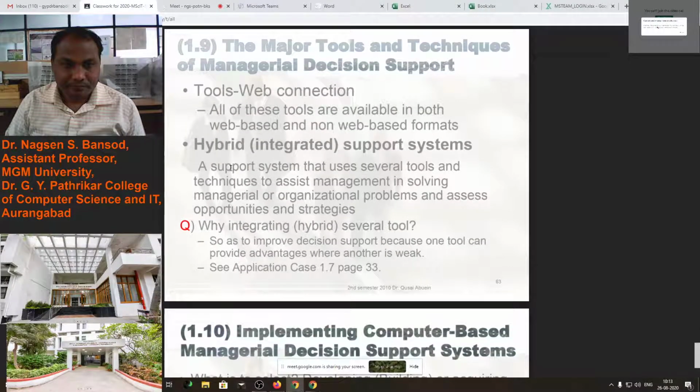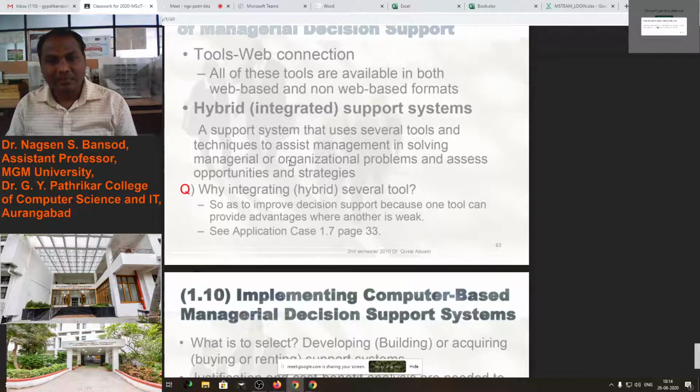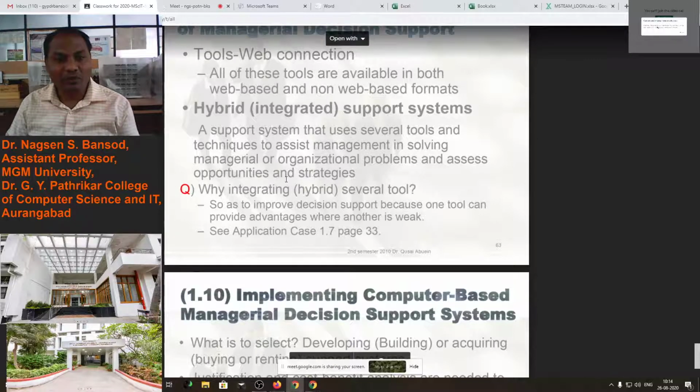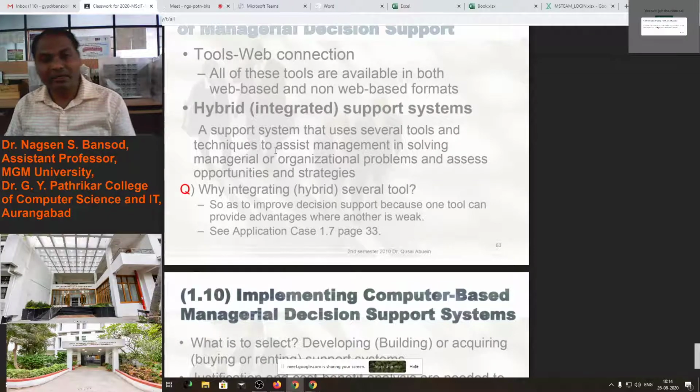And hybrid integrated support system. Hybrid integrated support system means a support system that uses several tools and technique to assist the management in solving the managerial or organizational problems and assess opportunities and strategies. This means the hybrid integrated tools.